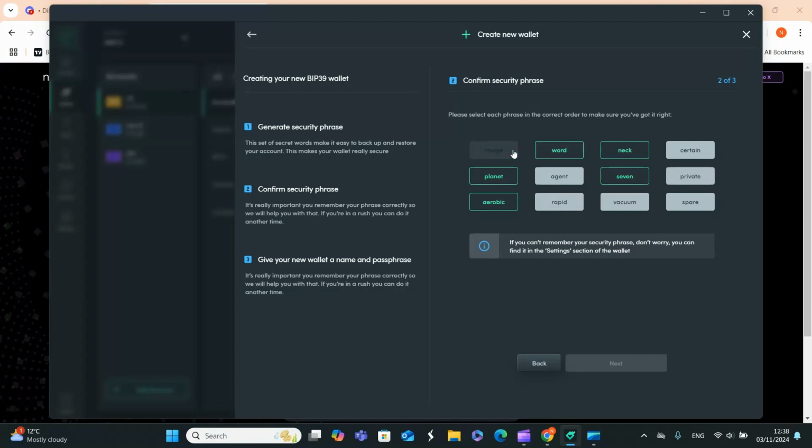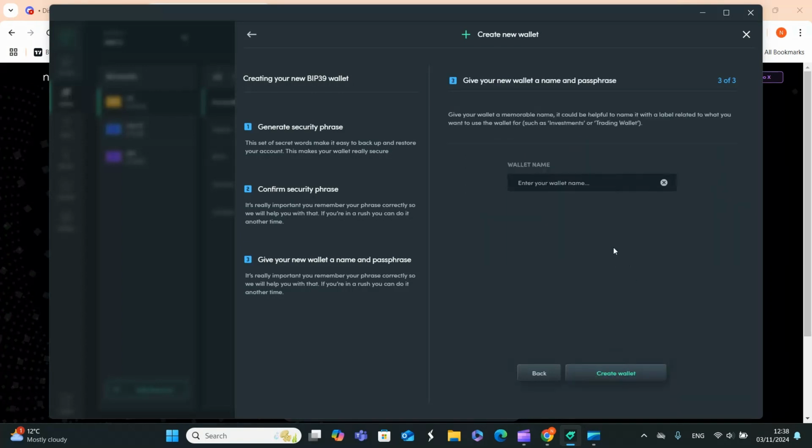Image, neck, world, planet, aerobic, and 7. So if they're in the right order and you click next, it'll tell you it's fine, and